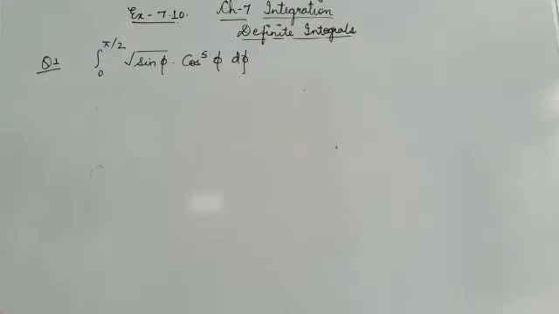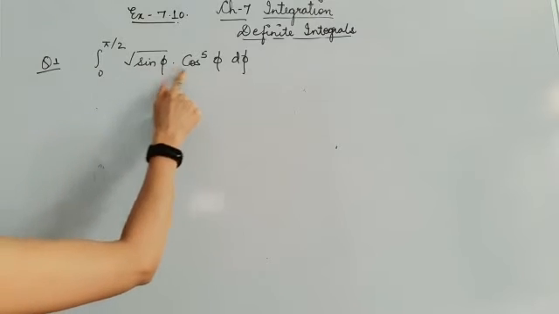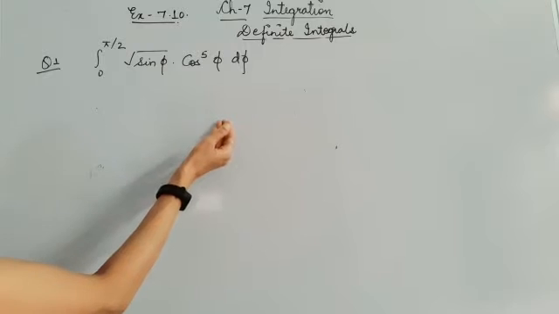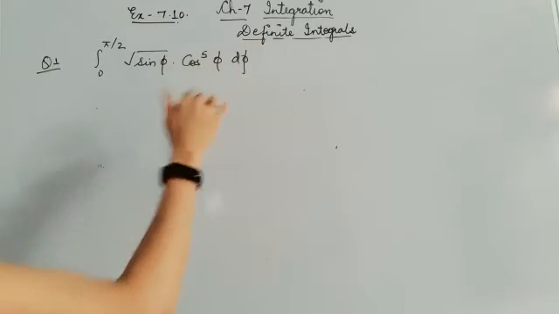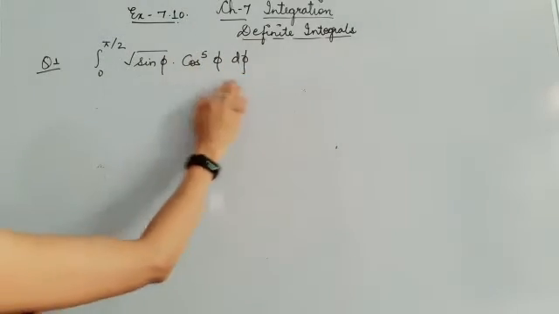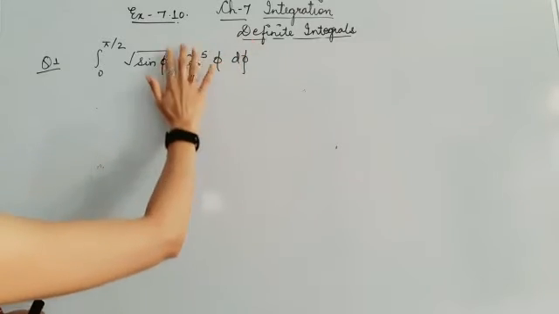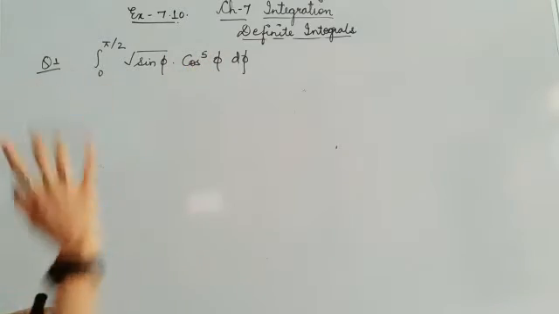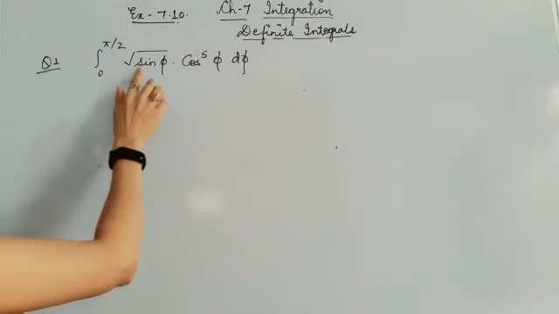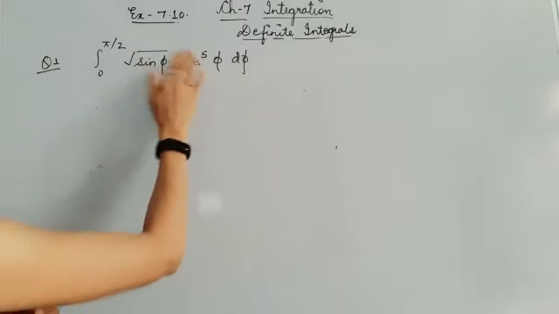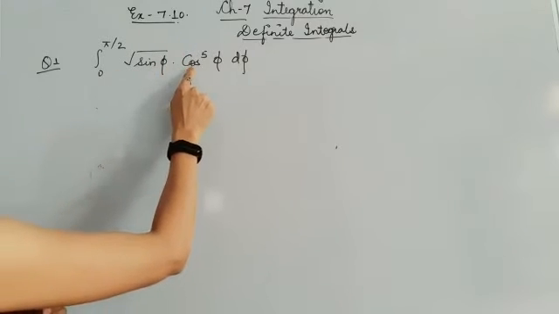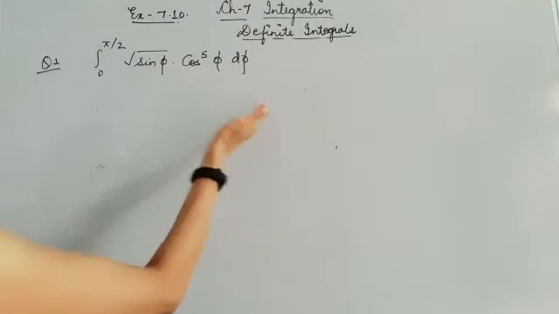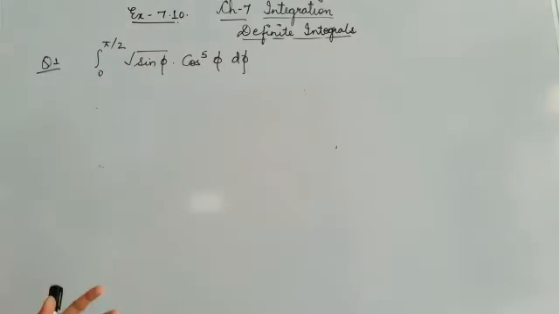See this question, children. Here I am given sin phi and cos phi. But if I substitute sin phi as t, then this complete expression will not go off. That means I will not be able to get the differentiation term. Why? Because this is cos raised to power 5. If I take sin phi as t, I will not get the derivative of sin phi as cos raised to power 5. And if I take cos phi as t, then I will not get this under root of sin phi.